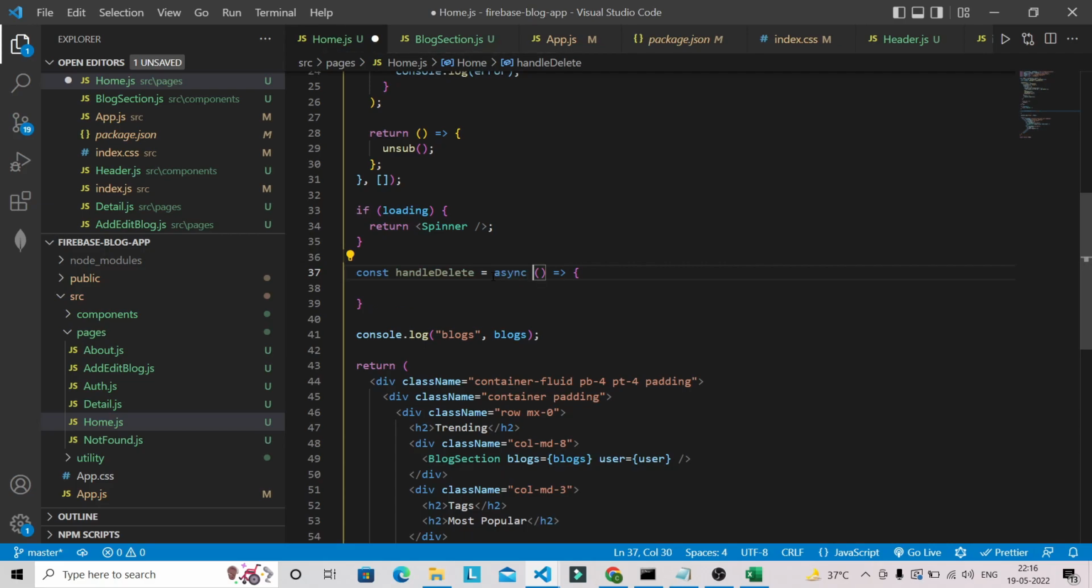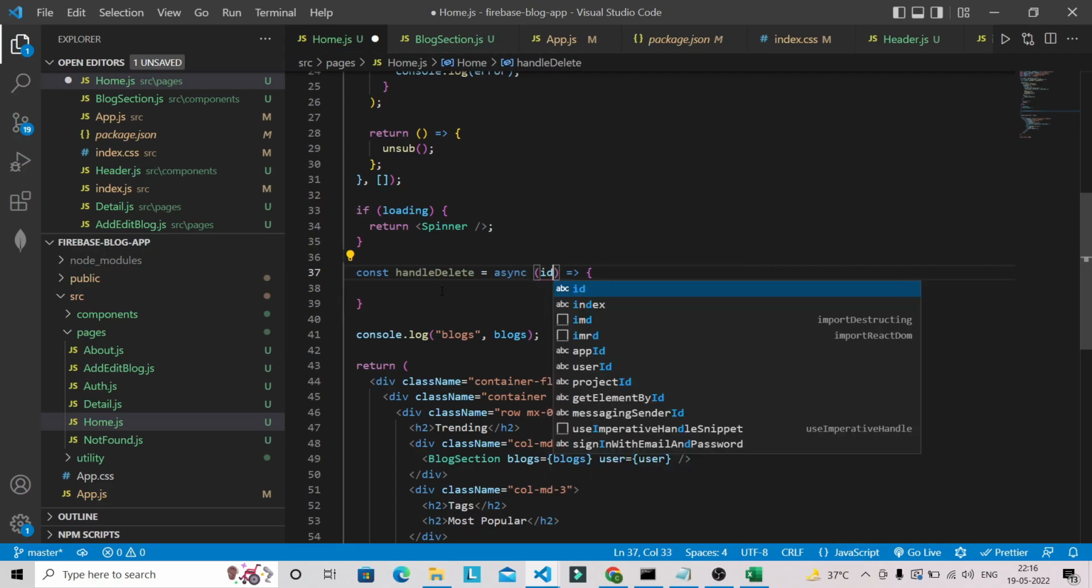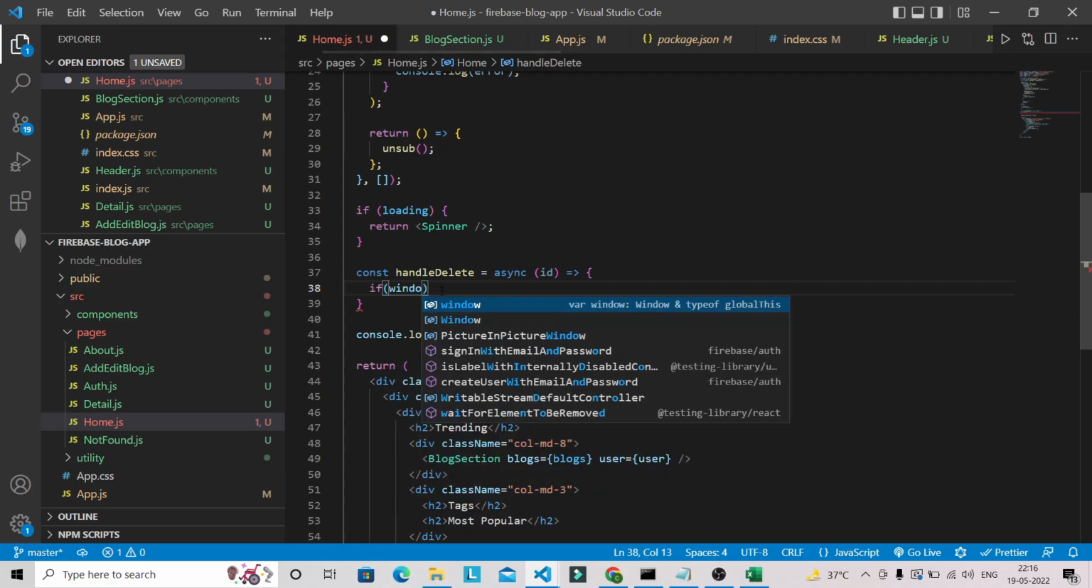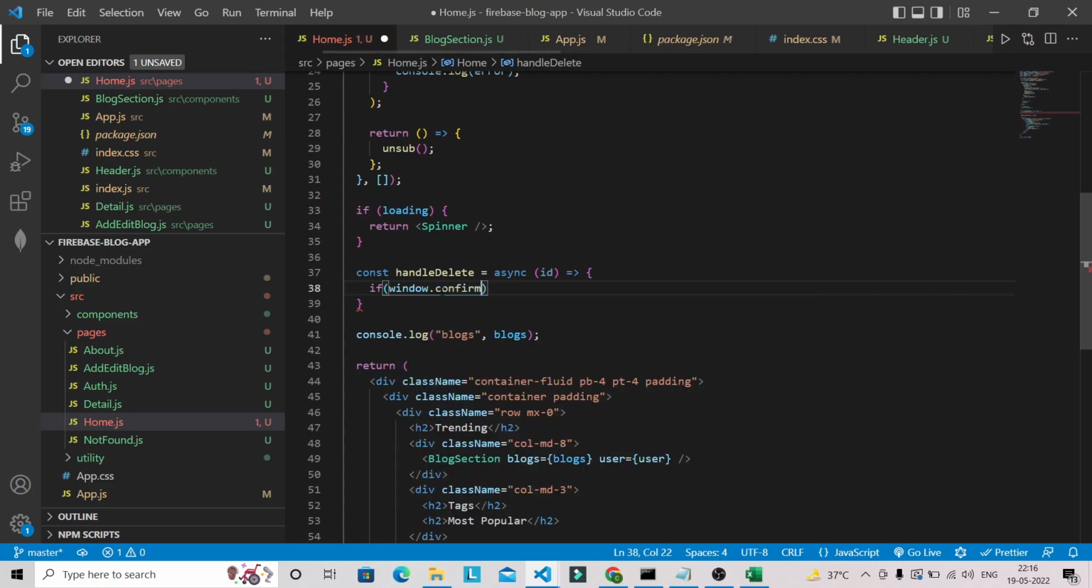So first it will be async, and it's going to receive ID from our blog section component. And here first I'm going to give some kind of pop-up confirm message to user. So window.confirm, and the message you can give like, are you sure you wanted to delete that blog? Okay,